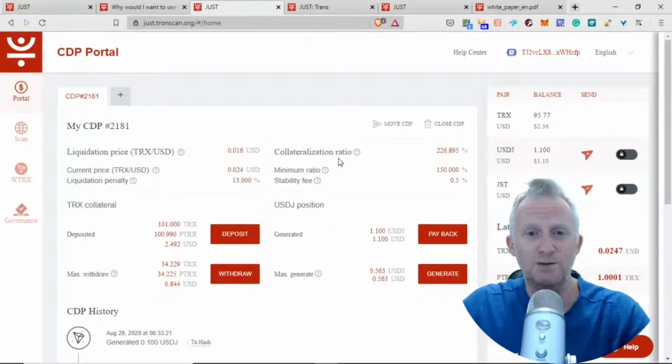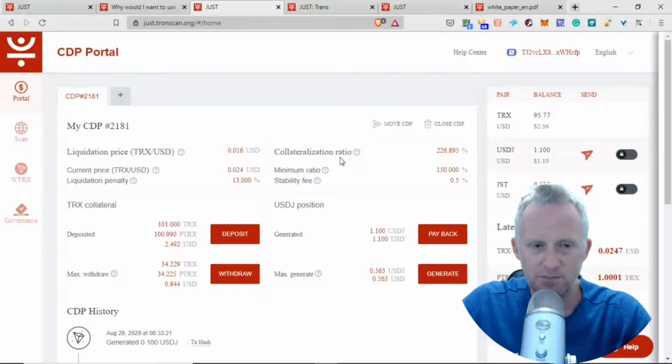Collateralization ratio. I have difficulty spelling this word in English. So as you can see, the liquidation price is about 0.016. So TRX, I have my CDP 2181 here. I deposit 101 TRX, so I have the equivalent, I don't know what it is, PTRX. And the price on the market is about a CDP of $2.49